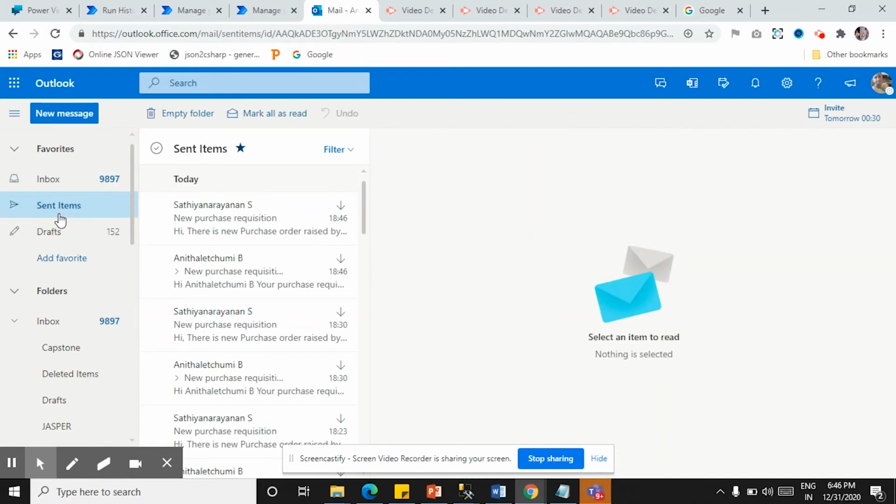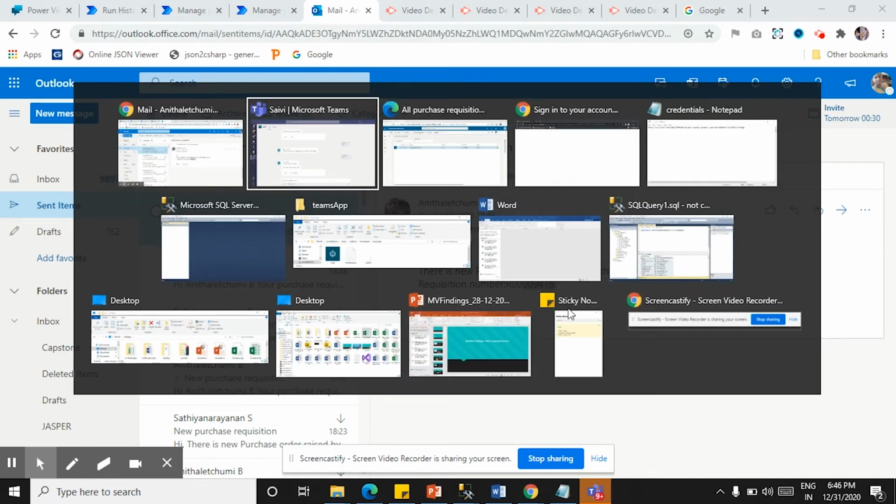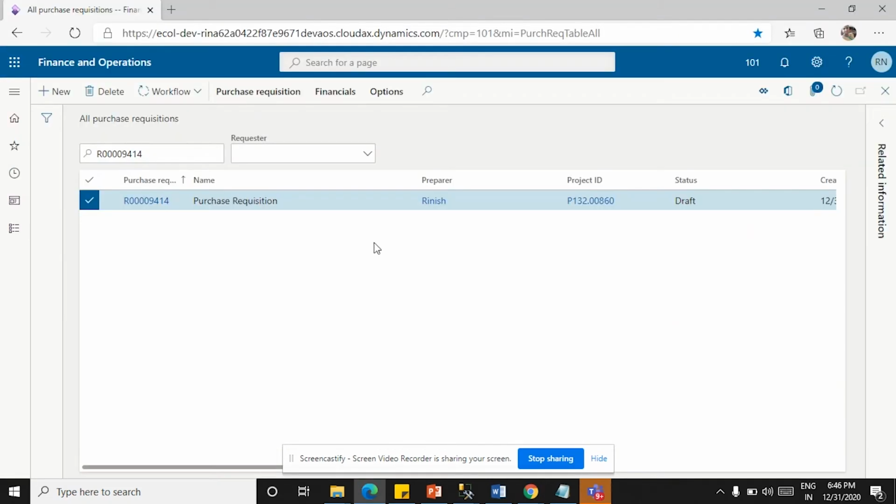Likewise, I have configured an admin. The admin would receive an email stating that the purchase order is raised by Anita Lakshmi with the request number. The request number is also stated here. This is similar to how users surface data from Microsoft Dynamics 365 with the D365 app. Teams offers flexibility to find, read, and update some records that are available through Power Virtual Agent.